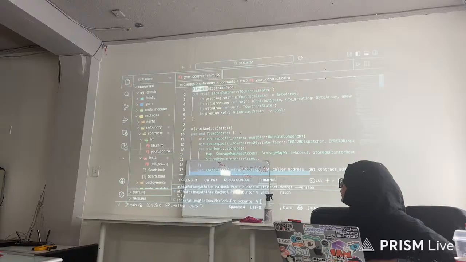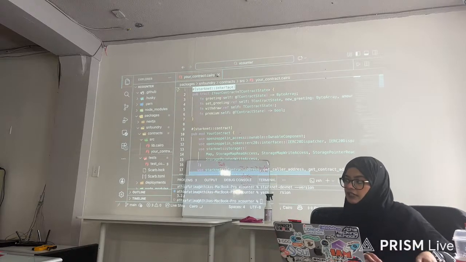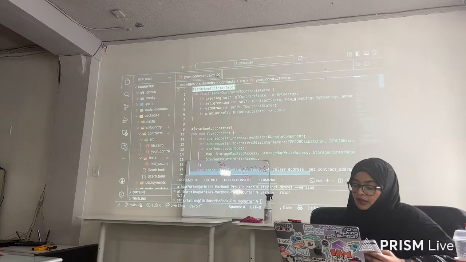If you can see, the first thing that you will find in any smart contract has to be this line, which is called starknet::interface. This means that this is the interface of your smart contract, as simple as what the wording says, right? And then next up it says,